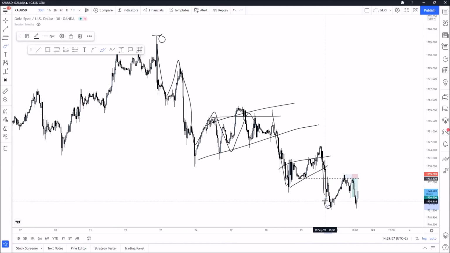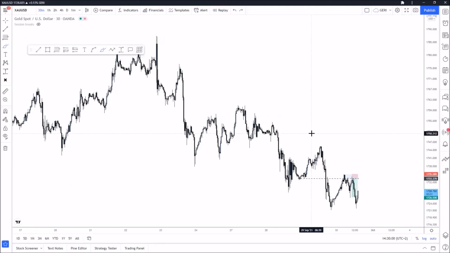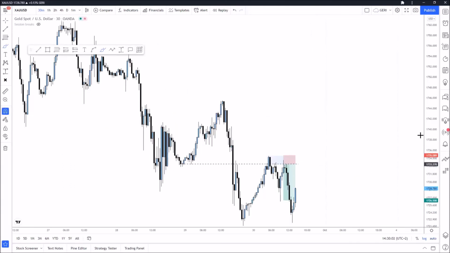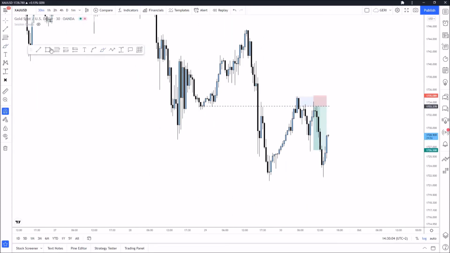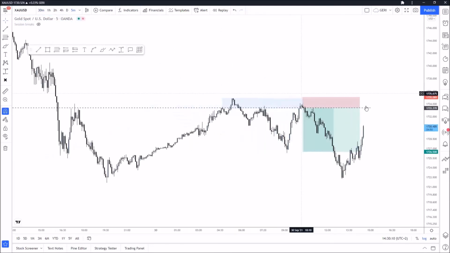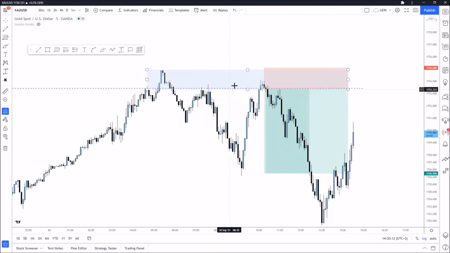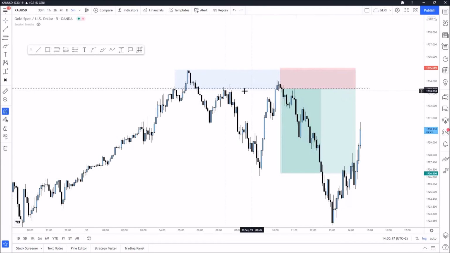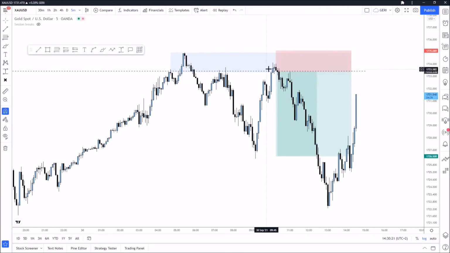So my main bias is still selling gold, and that was basically why I took a sell position. I saw this area of resistance, and I just wanted to see how the price was moving around the area. I lowered the time frame, and you can see that on the 5 minutes I was able to catch a sell position right here on this supply zone. So we took some liquidity above this high, we went deeper into the supply area,